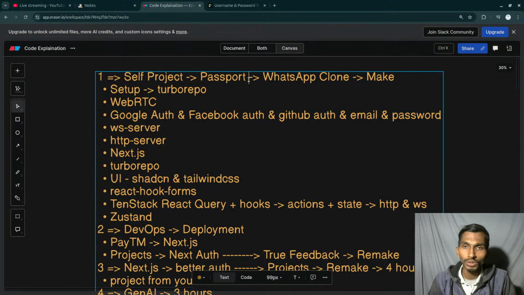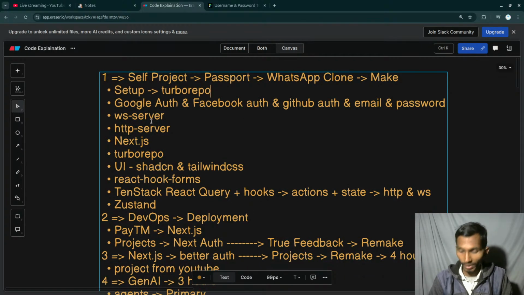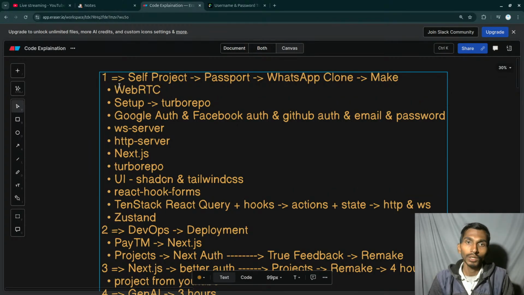So self project passport, that's fine. Okay, I have to make that, and this is going to be the first priority. Just like this. So I'm simply learning about WebRTC right now. Once WebRTC is completed, at that time I will try to make something like a Zoom project